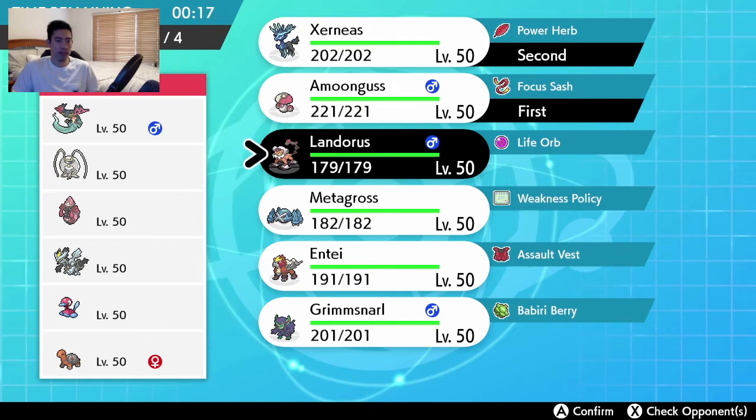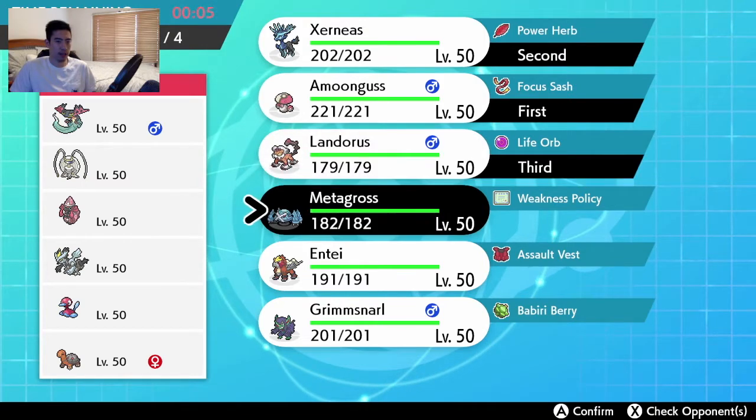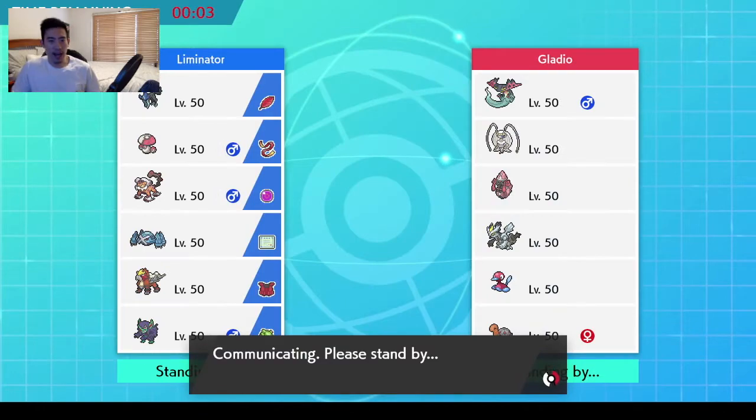besides that. Maybe I want the Metagross Entei combo. No, because Metagross doesn't want to see that Torkoal. Does it? Landorus, Metagross, and yeah, I think I was kind of...